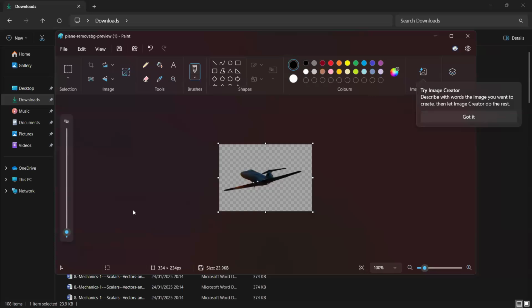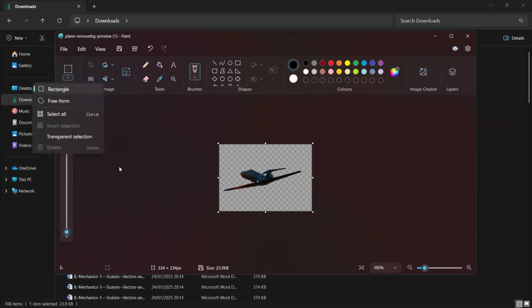Can you see at the top left corner where you have selection? Click on the rectangle. So draw a rectangle around that airplane.